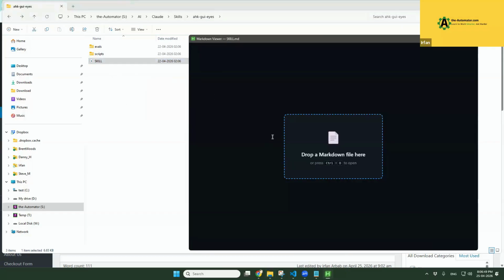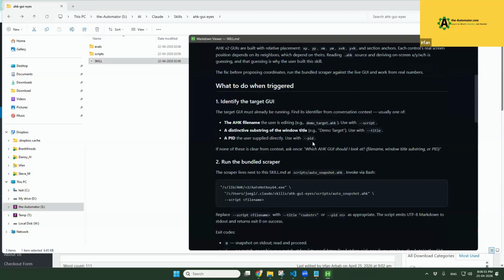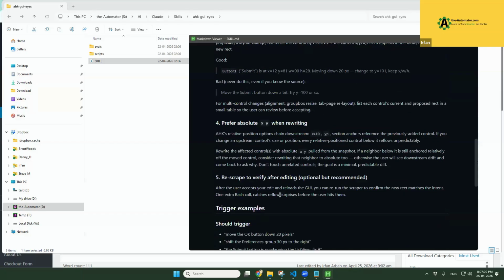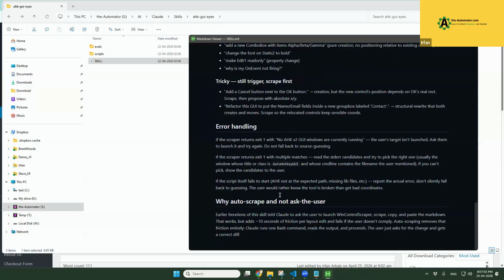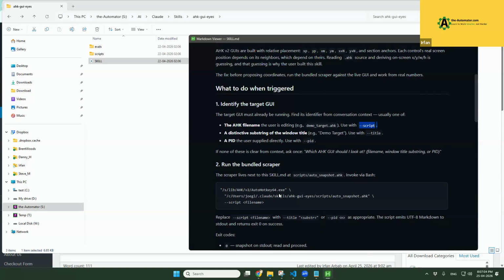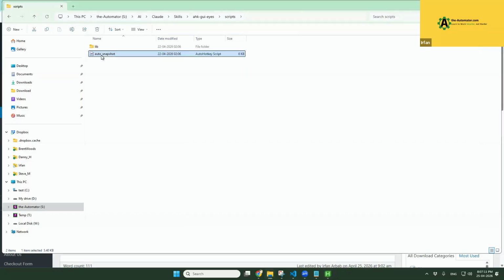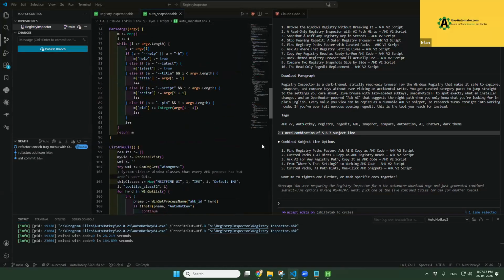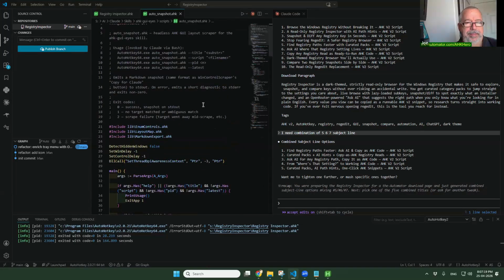And if I read this skill, it is talking about a script. But this file has a script folder, and in there is a script. That's the tool it uses, I think, right? This is the whole tool that generates